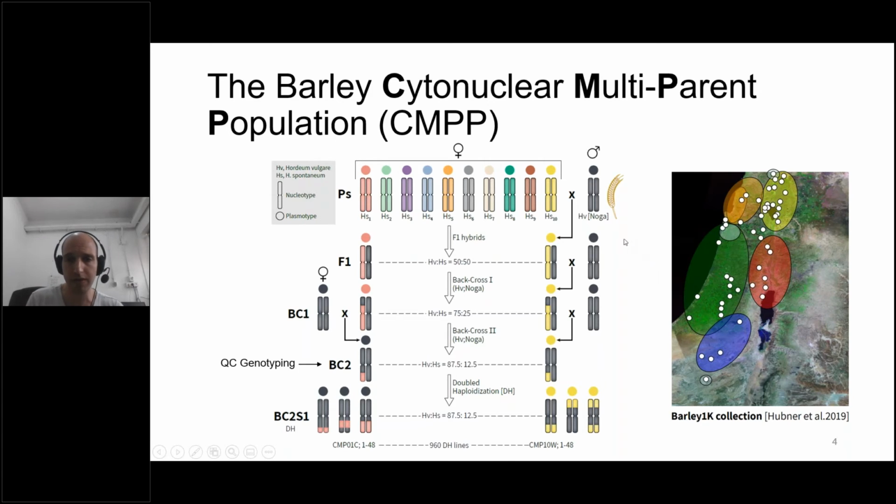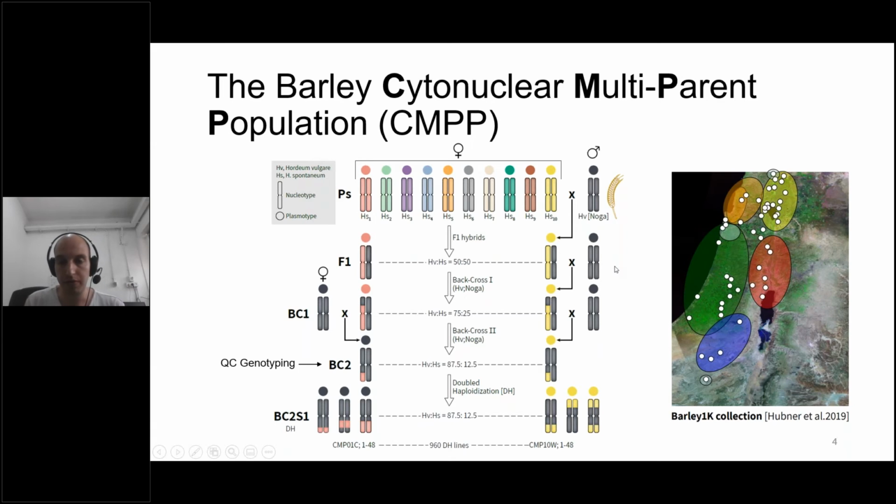And those 10 founders were crossed with Noga, the cultivated parent we used in this population. First we went to the F1 stage, then it was crossed back once to Noga as a male